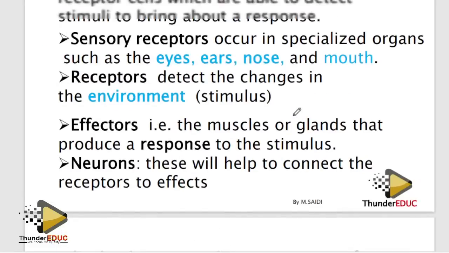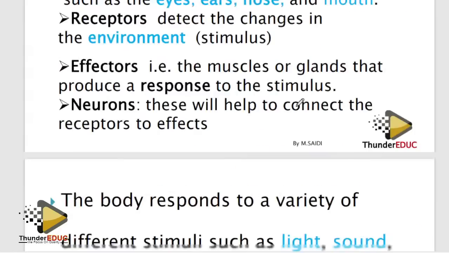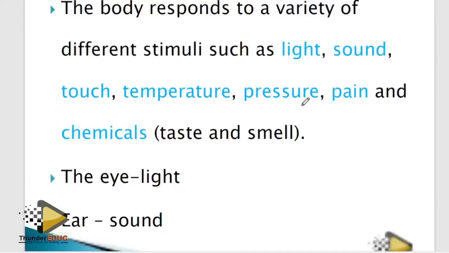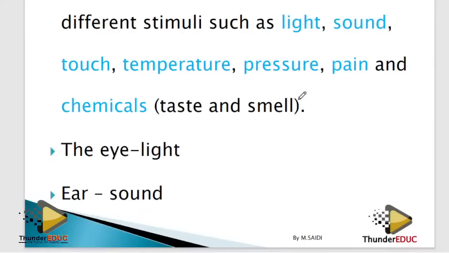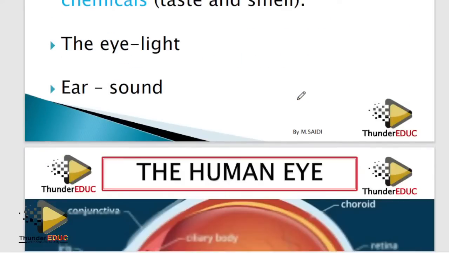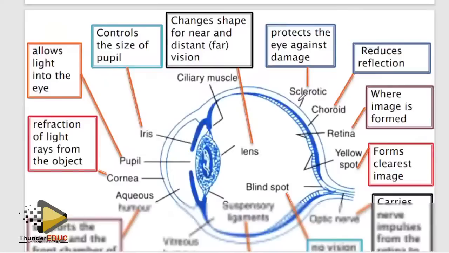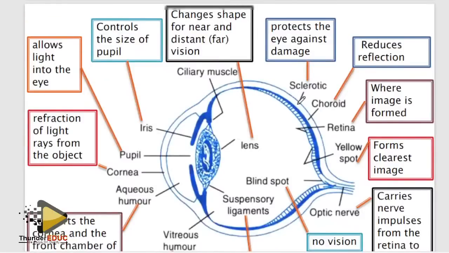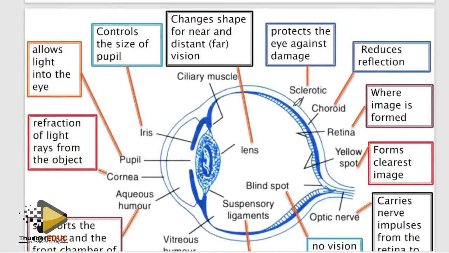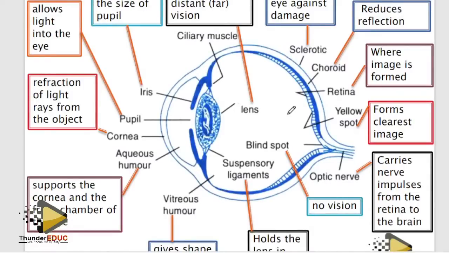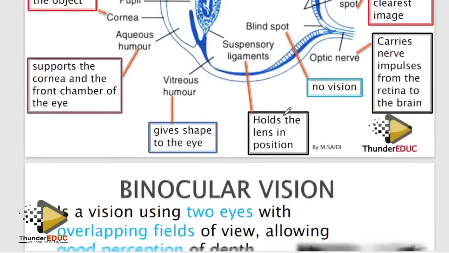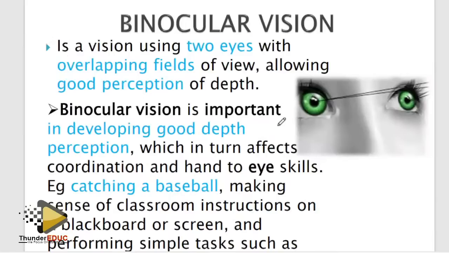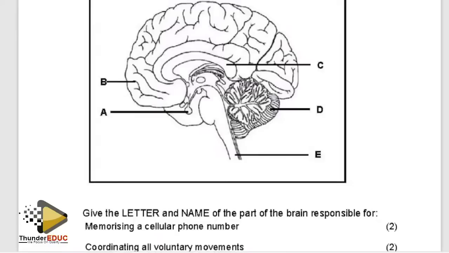Done. Then let's go to the receptors, eye and ear. Here is a simple thing. Eye and ear are a simple thing, guys. What do we talk about here? Function, part. Let's not talk about this too much, but make sure that you know function and part. Okay, before I go there, let me just show you here. Before I go to the eye.